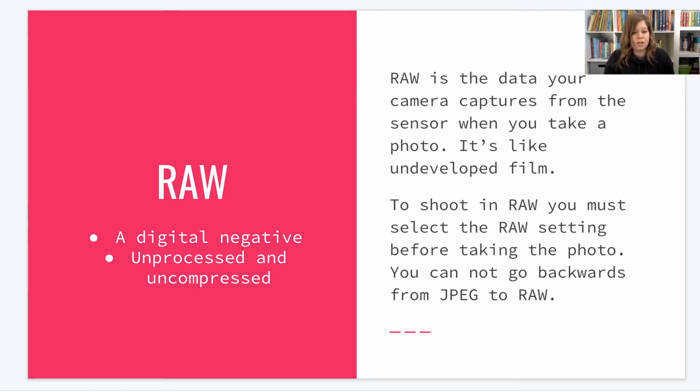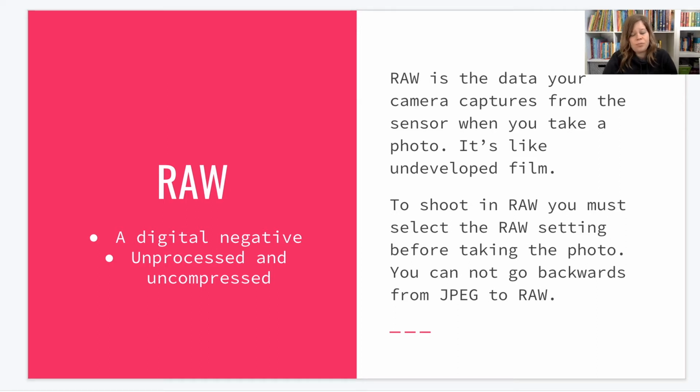RAW processor. Common RAW processors would be the software called Lightroom or Adobe Camera Raw, which comes with the Bridge program. If you've got either of those, then you can shoot in RAW and you can open those files and turn them into photos. If you don't have a way to process them, you'll be frustrated because you can't open those files. So you actually need a way to open the RAW files before you can edit them and process